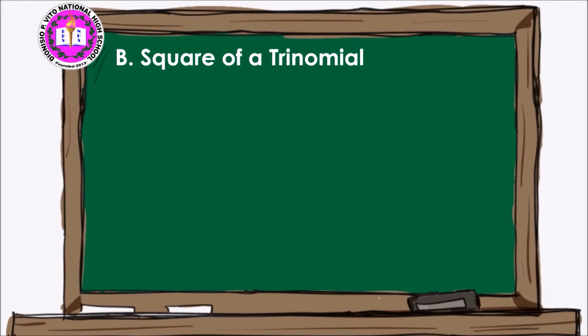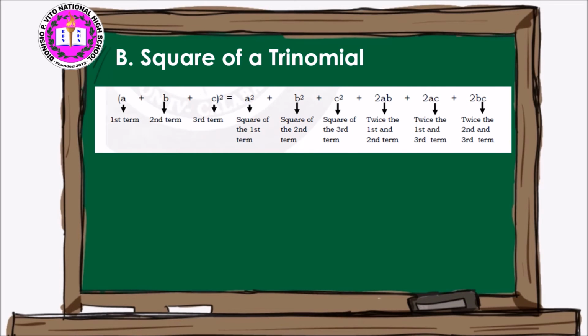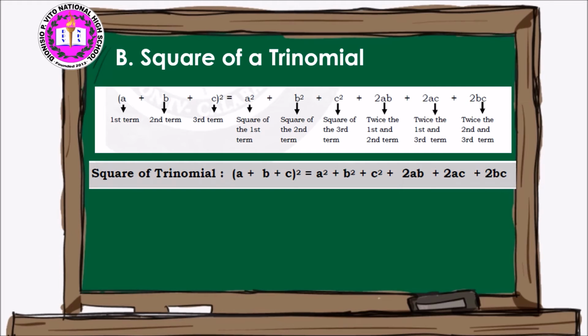Next, we have the square of a trinomial. So we have the first term, the second term, and the third term. First, we're going to square the first term, square the second term, then square the third term. Then we have twice the first and second term, then twice the first and third term, and twice the second and third term. For example, for the square of a trinomial, we have (a + b + c)² is equal to